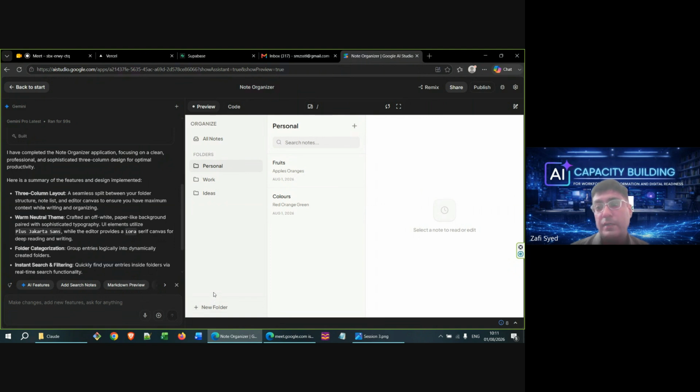And if we were to modify this, maybe I'd ask it to add a functionality where I could delete folders as well, or perhaps even edit their names. But like I said, we don't really want to be adding more features to this. We want to move towards the next step, which is synchronization and authentication.